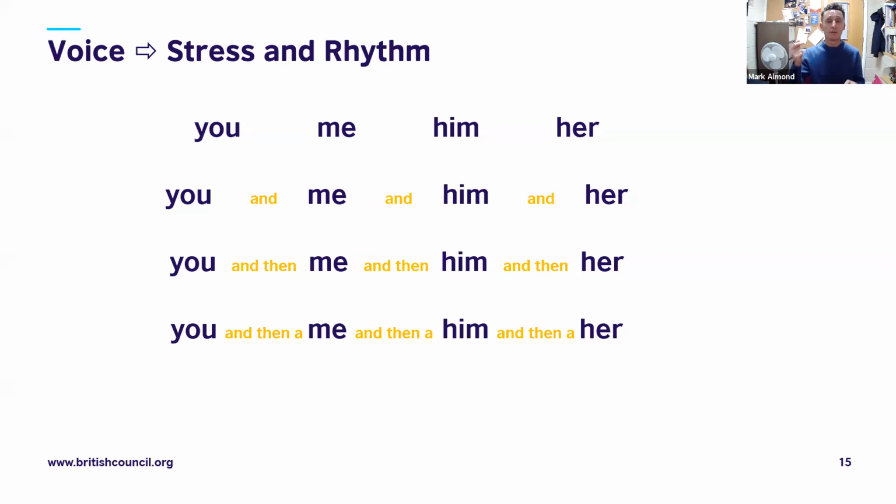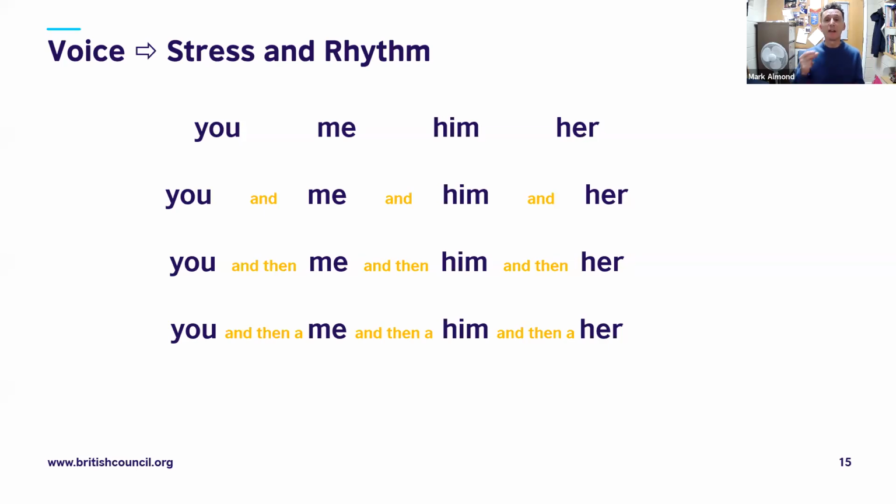1, 2, 3, 4. And then you write up on the whiteboard, you, me, him, her. And then you do that with students and say, you, me, him, her. You, me, him, her. And then on the whiteboard, you add the word and between each word. The same rhythm, the same pace, but you've got more words. You and me and him and her. You and me and him and her. And then you continue adding more and more words until you end up with